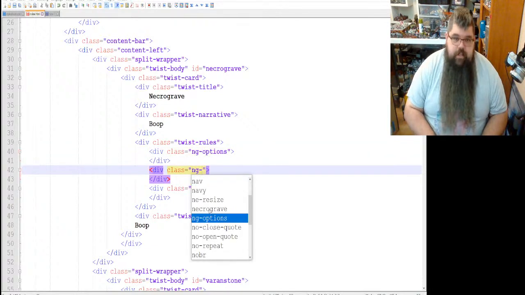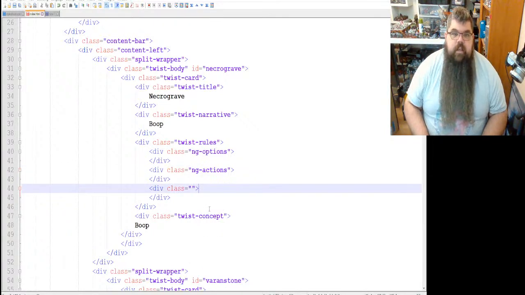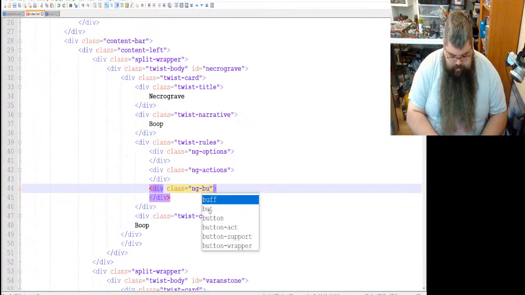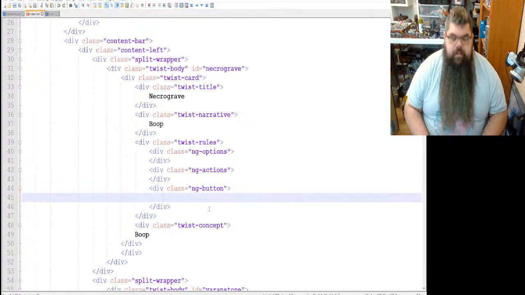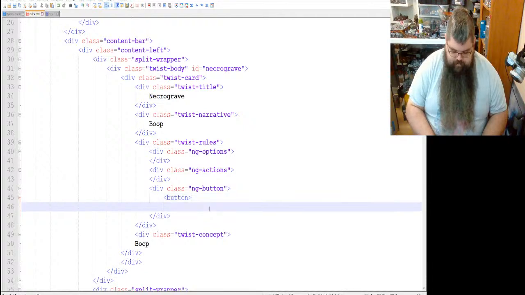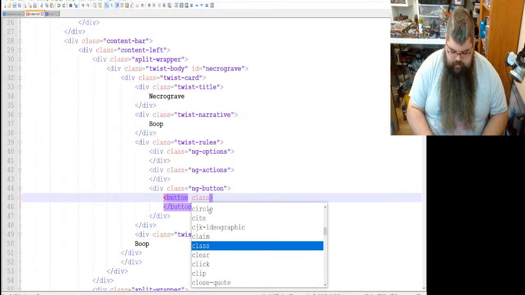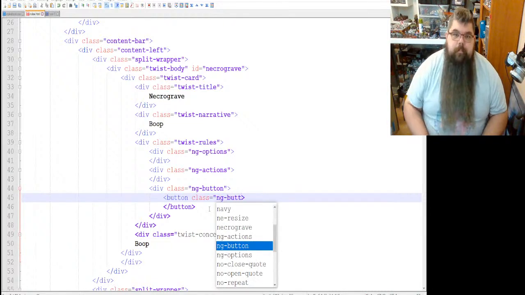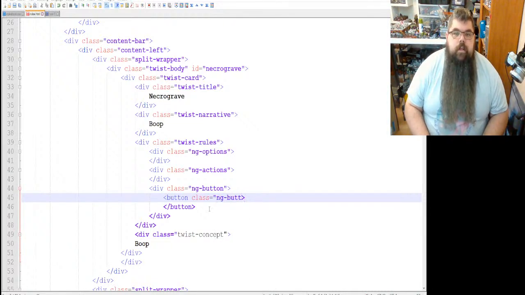And then it will be ng options, and then we have ng actions, and then we have ng button. All right, there we go. And inside here we're going to have a button. So let's go ahead and code that in. It's going to get a custom class as well, and it's going to be ng butt. All right, just like that.